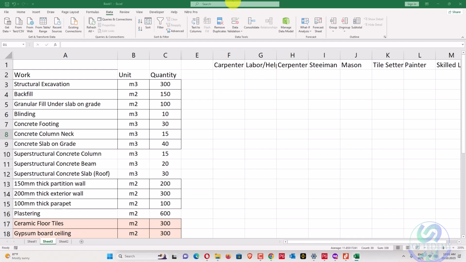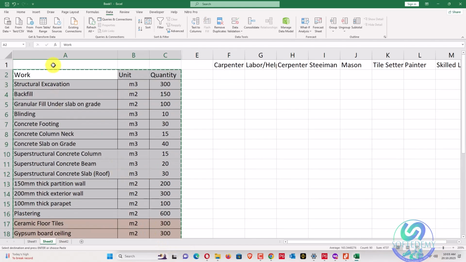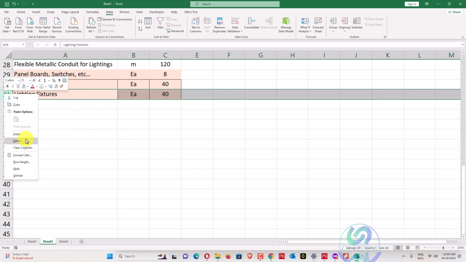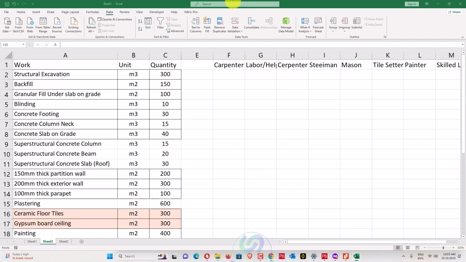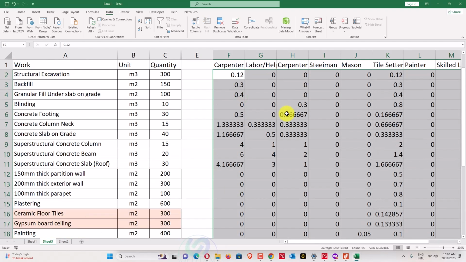What type of rate is this one? The rate is quantity per hour. Okay, so the unit is hour, like we have 0.12. If we have 0.12, it means 0.12 cubic meter per hour. The quantities are like that one. So we'll divide with our current quantity, so we'll get that one. Also we'll calculate our duration from it. So these are our complete.